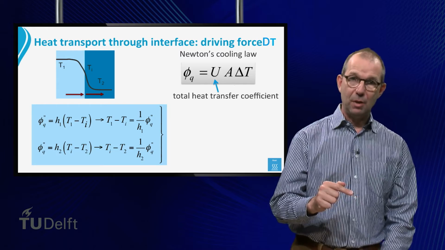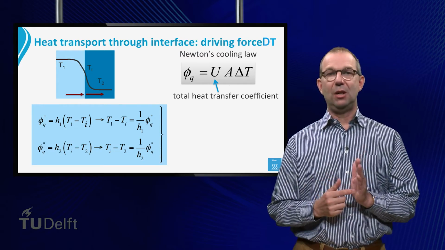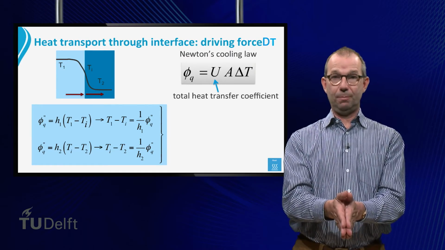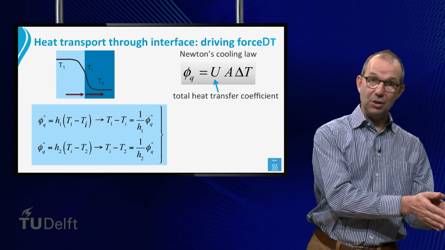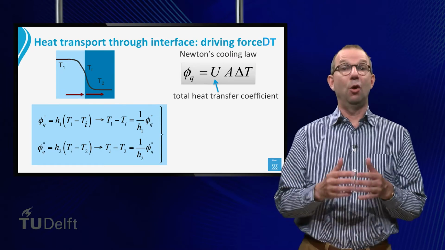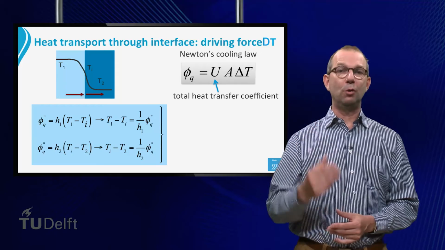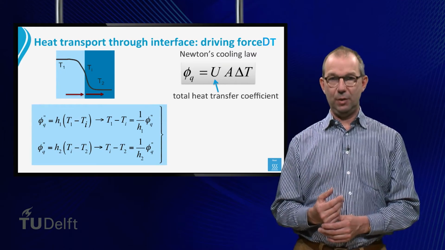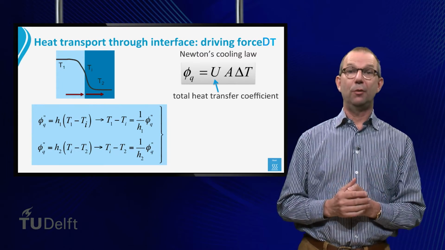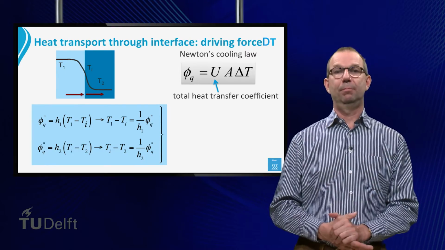Well, the heat flux in the light blue part is from the bulk of the light blue to the interface. Once the heat arrives at the interface, it has only two options. Either it's stored in the interface or it continues in the dark blue part. But an interface has zero thickness. It has no volume. Thus it cannot store any heat, and we have to conclude that all heat entering the interface from the light blue side has to leave the interface from the dark blue side. In other words, both heat fluxes are the same.